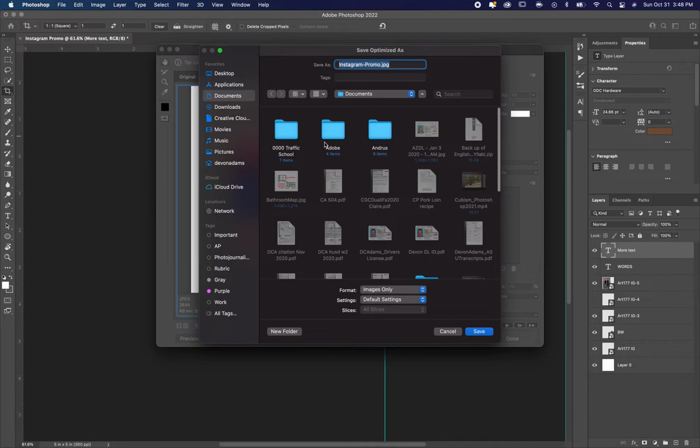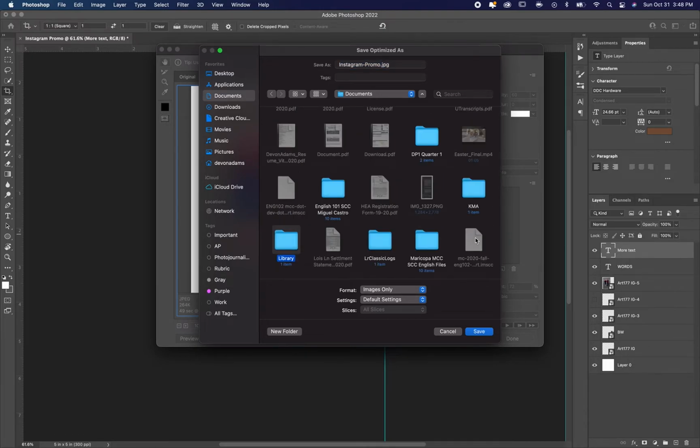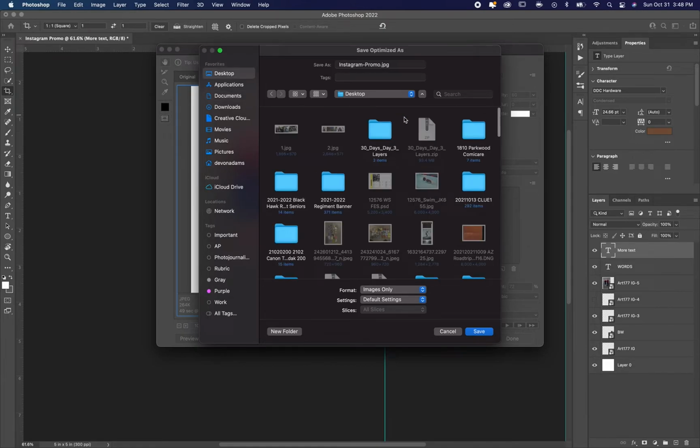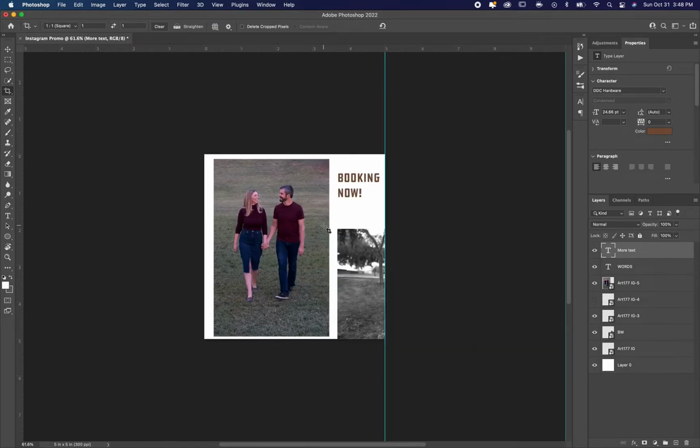Okay, decide where you want to save it. I'm going to put it in this folder that I made for it, I think. Now I'm going to save it on the desktop. I'll just call it promo 1. So save it where you need to save it. Okay, then